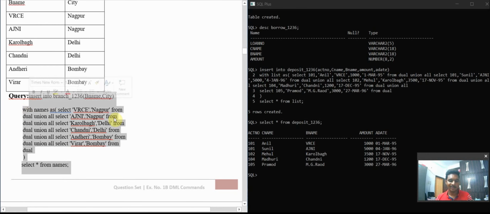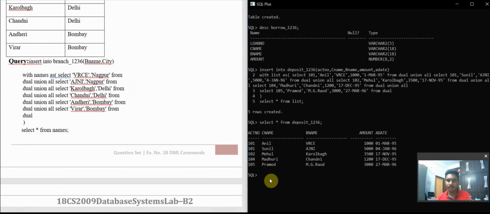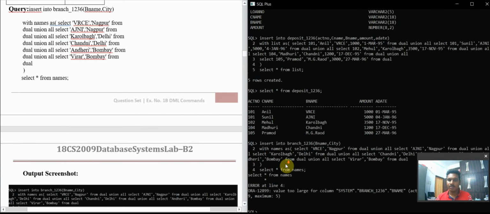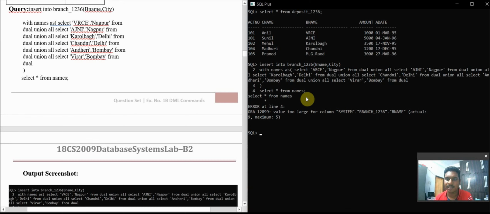Now you can see an error when I enter this. The error is caused because the size of the table I entered previously is smaller than the data I'm entering now.